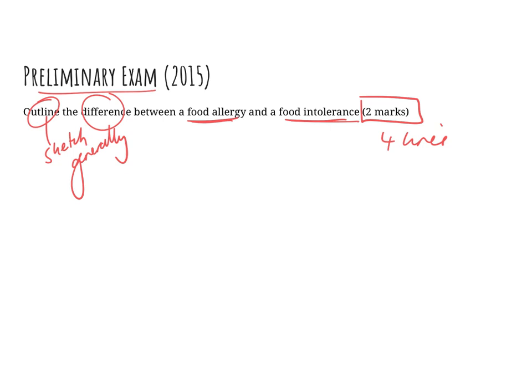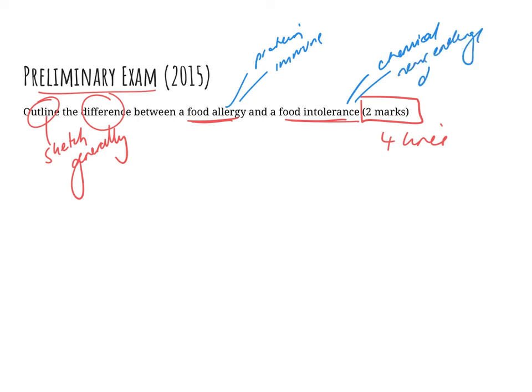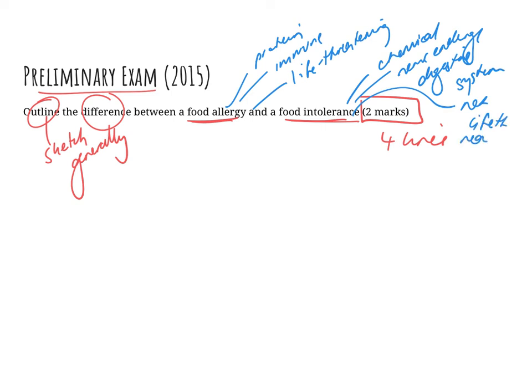For example, some of the information that you might include: an allergy involves a reaction to a protein in food, whereas an intolerance is a reaction to a chemical or group of chemicals in food. An allergy involves the immune system, whereas an intolerance is more so the nerve endings in our digestive system being affected or irritated. With an allergy, it can be life-threatening, and this is known as anaphylaxis, whereas intolerances are not life-threatening. In terms of allergies, you can't even have the smallest quantity of the food, so it relies upon avoidance of the protein in the food,